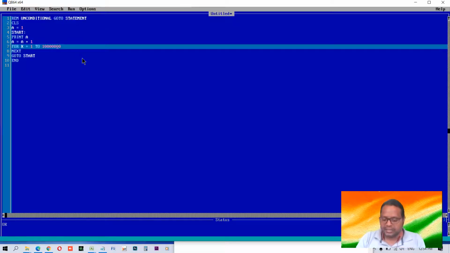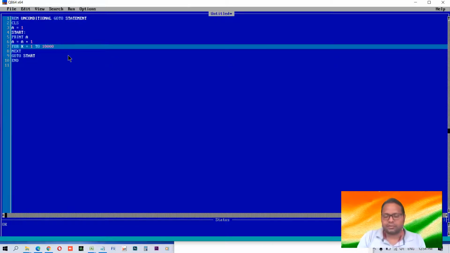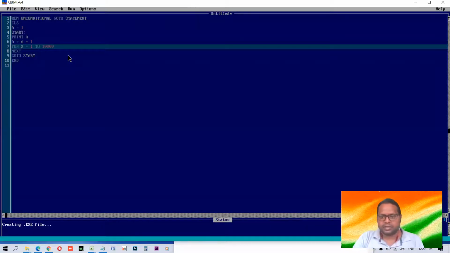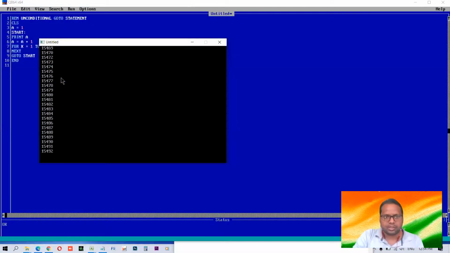As we increase the numbers, it will become slower because it will loop more times, and then it will reach this line and go back. Fewer zeros means it's faster. Okay, let's reduce it, then it will be fast. Doing the same thing, you have already seen it in slow motion, now it's in fast motion.